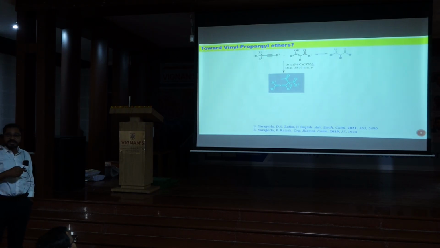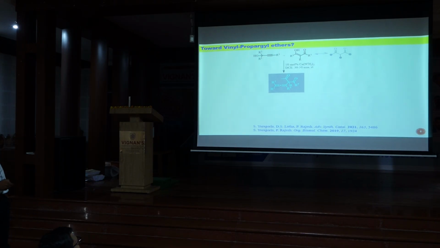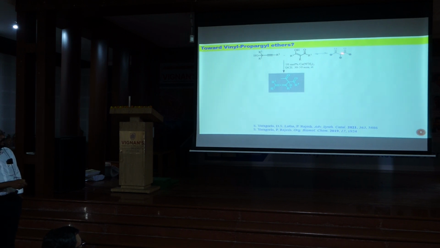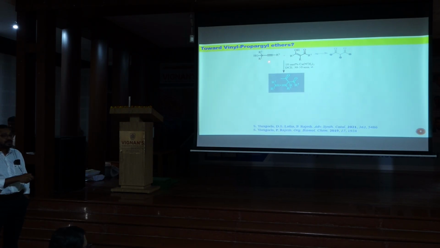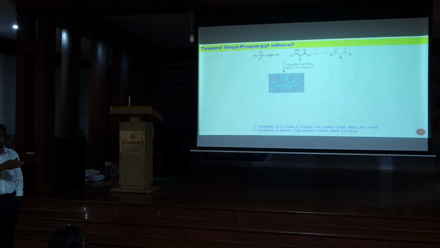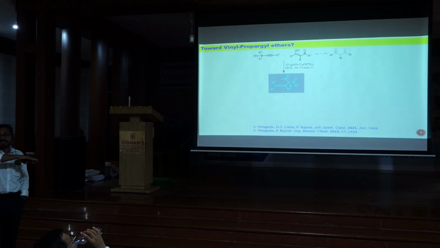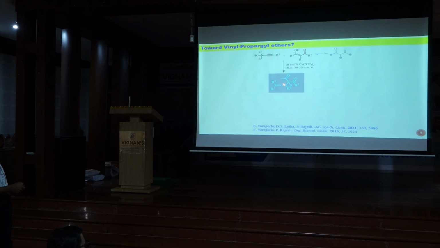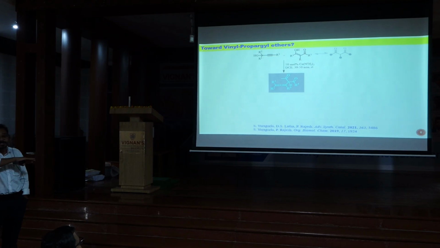Then so far what we have seen is aryl propargyl ethers. Then we were thinking, is it possible to have aryl vinyl propargyl ethers Claisen rearrangement? Therefore, what we thought is, if you start with 1,3-diketones as shown here, they readily produce the enols as indicated. If the same reaction works as shown here, we should get vinyl ether over here. Of course, it is pretty much known that these compounds produce the CC bond formation rather than the CO bond formation, but still the allene intermediate is same, whether you proceed through CO bond formation or CC bond formation. The same allene intermediate will be forming.